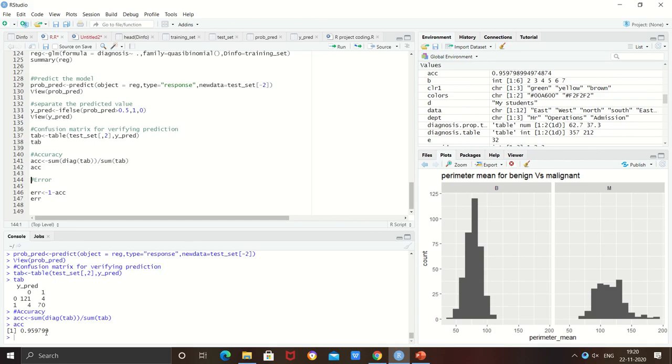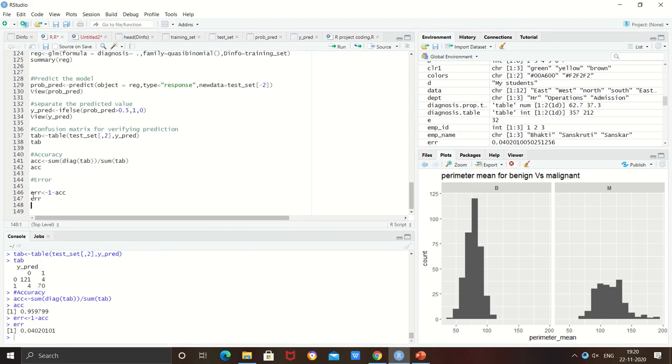So this is good. I think logistic regression is the best way to analyze whether the tumor is benign or malignant. And now we will have the last part, that is the error. So there is 0.040 error in our code.